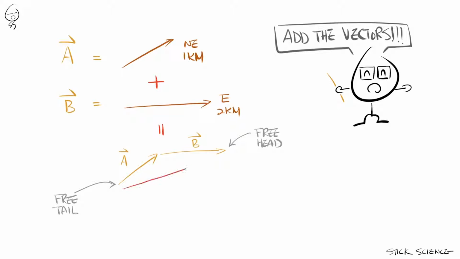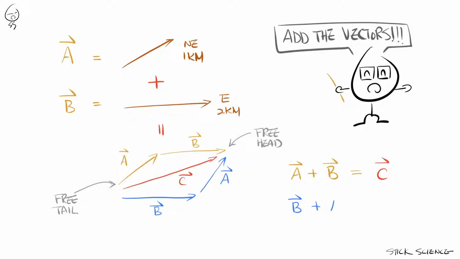As you can see, the sum of vectors A and B is the shortcut that Mr. Stick so desperately needs to stick it to Miss Stick. If you call the resulting sum vector C, the relationship between these vectors can be expressed as A plus B is equal to C. Since traveling 2 kilometers east first and then 1 kilometer northeast will get you to the same spot, we can also say B plus A is equal to C. So we know vector additions observe the commutative law.